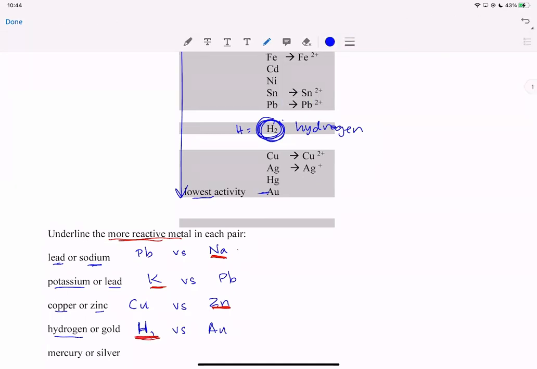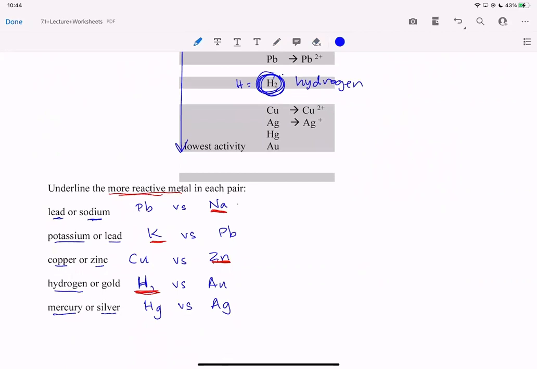And then finally, this one is mercury or silver. The element symbol for mercury is Hg versus silver, that is Ag. And mercury, silver, gold, those all are element symbols that do not align with the element name. Why? Because those are those precious metals that I mentioned. They can be found in nature in their state as a metal alone. So you can find a chunk of gold, or a chunk of silver, or a chunk of copper,